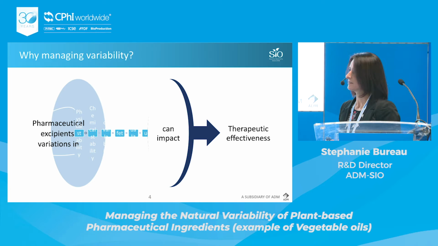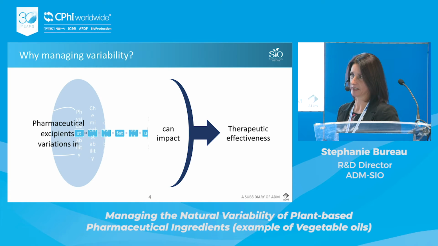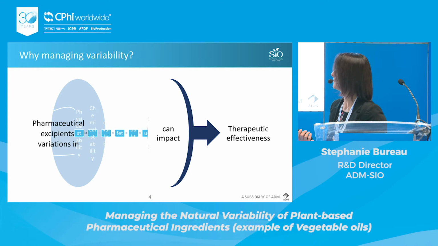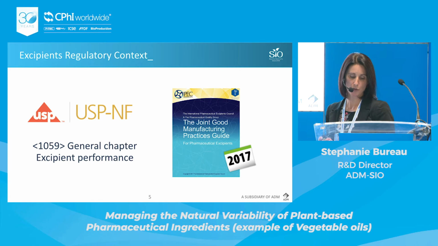Over the last years, there has been an increasing focus on securing the quality of excipients, defining critical quality attributes and functional related characteristics. And this growing concern led to changes in the regulatory expectations. USP, for example, is more and more pushing towards higher quality standards and characterization of the excipients, adding to the product monographs a general chapter on excipient performance.